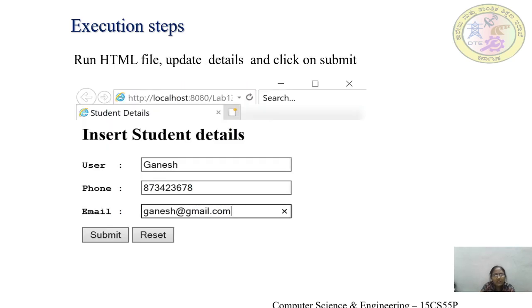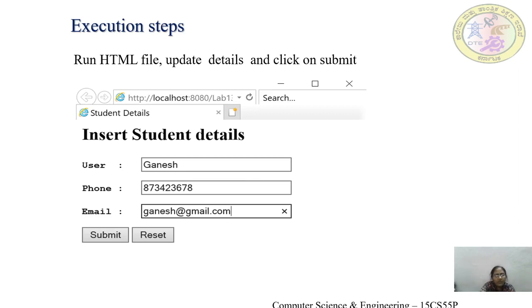Next, once MySQL is running, you go to the HTML file and right click on it, then click run HTML file. So here we can see a window where one can enter the student details. The details of the student are username, phone number and email address.